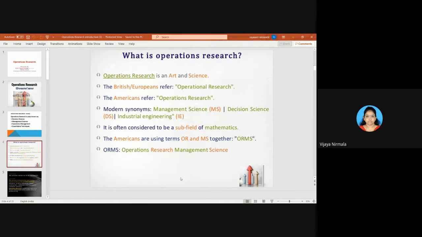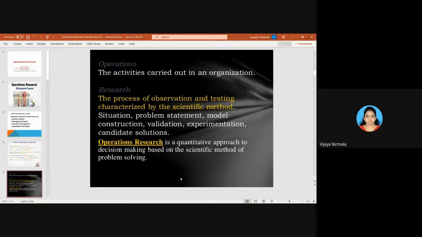So the Americans are using the terms OR and MS together. In some places they use OR, and in some terminology they use the newer synonym MS, and both together they call ORMS, Operations Research Management Science. They call this OR as ORMS in American terminology. Okay, so these are the terminologies which others use. Now, if you move to the next slide,